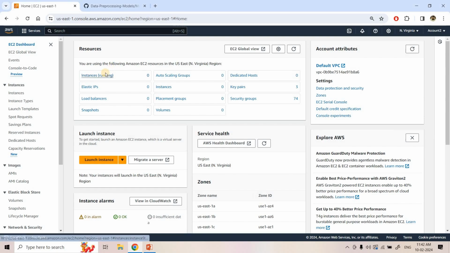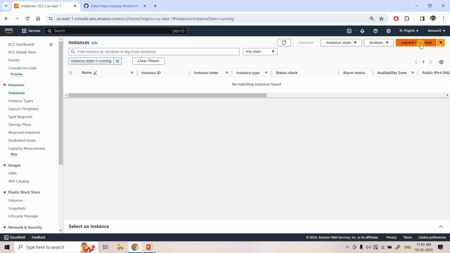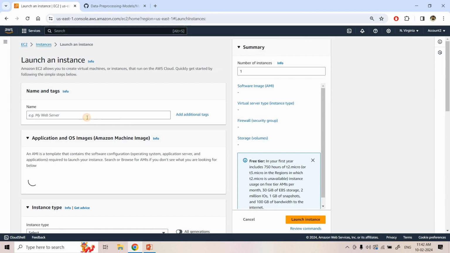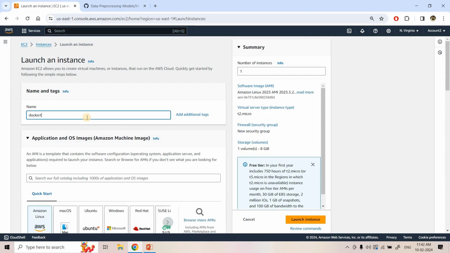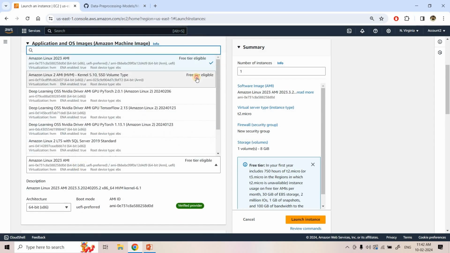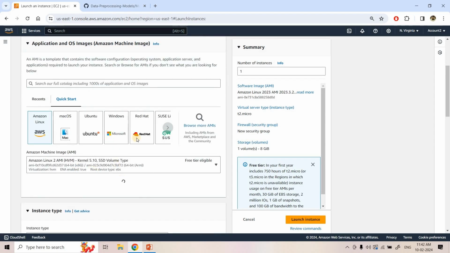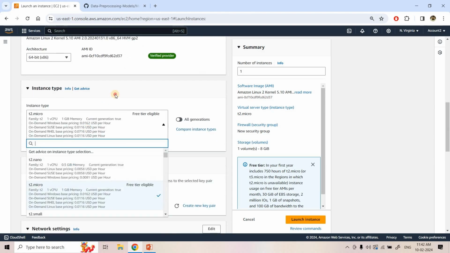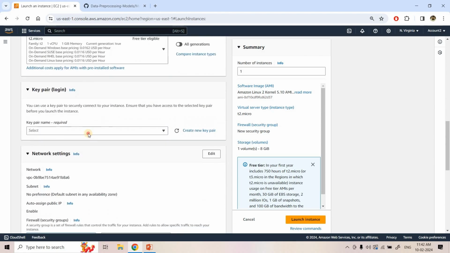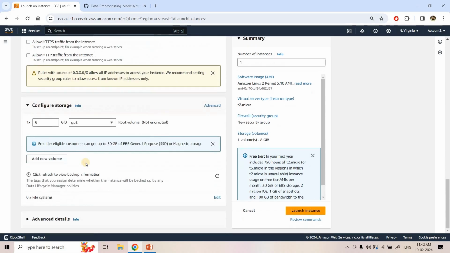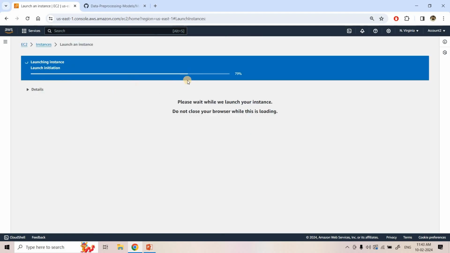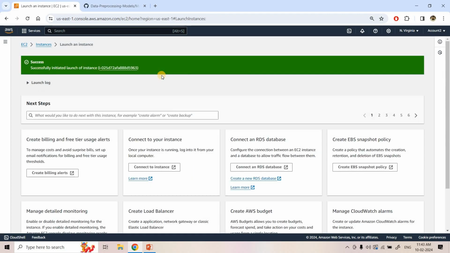Okay, so here first I am going to launch one EC2 machine. So click on launch instance, and then here I can give the name Docker demo YT, cool, and here for the Linux machine I'll choose this particular AMI that I am going to refer to for this demo. The instance type is T2 micro, and then here I will choose one existing key pair. If you do not have any key pair, you can create one. That is not a big deal. So here let's wait a few seconds till our EC2 instance is up and running.